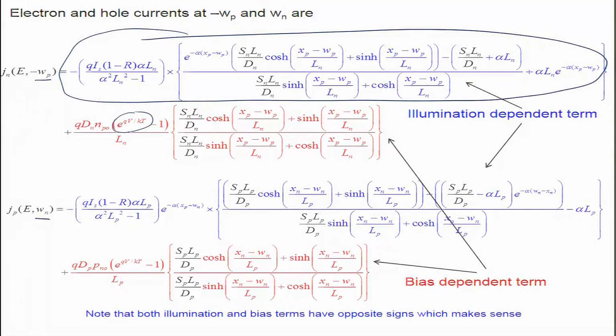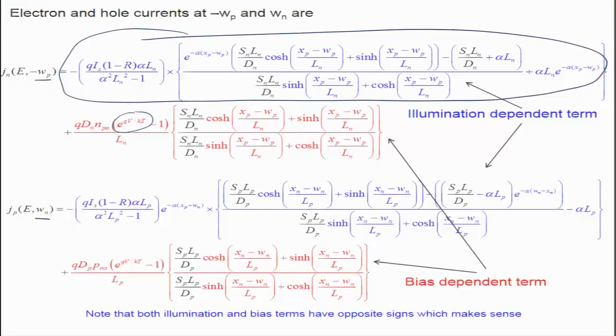So what will happen in case the illumination is equal to 0? If illumination is equal to 0, then these two will become similar to what you calculated in dark. They will not be very different. So if you make Is equal to 0, and you just have this term and this term, it should give you answers which are similar to what must have happened in dark condition.